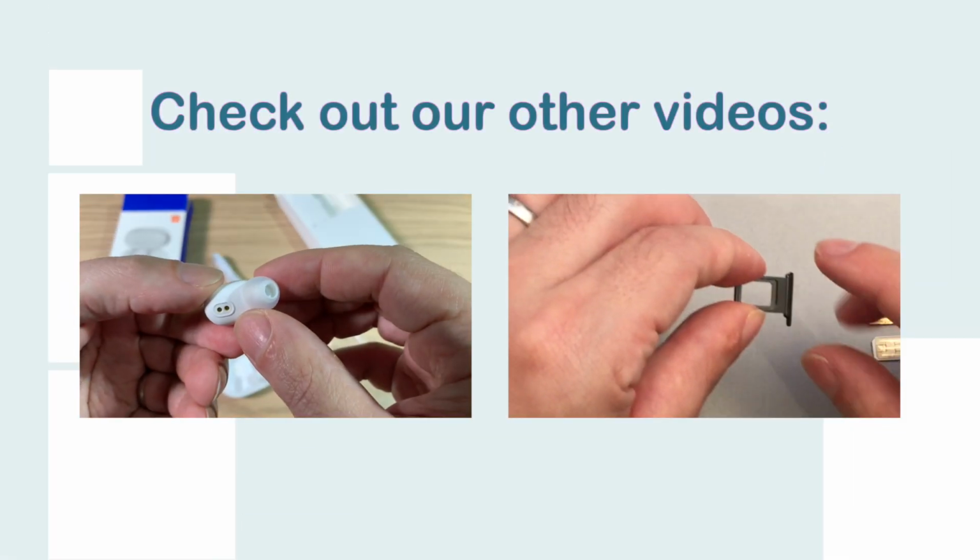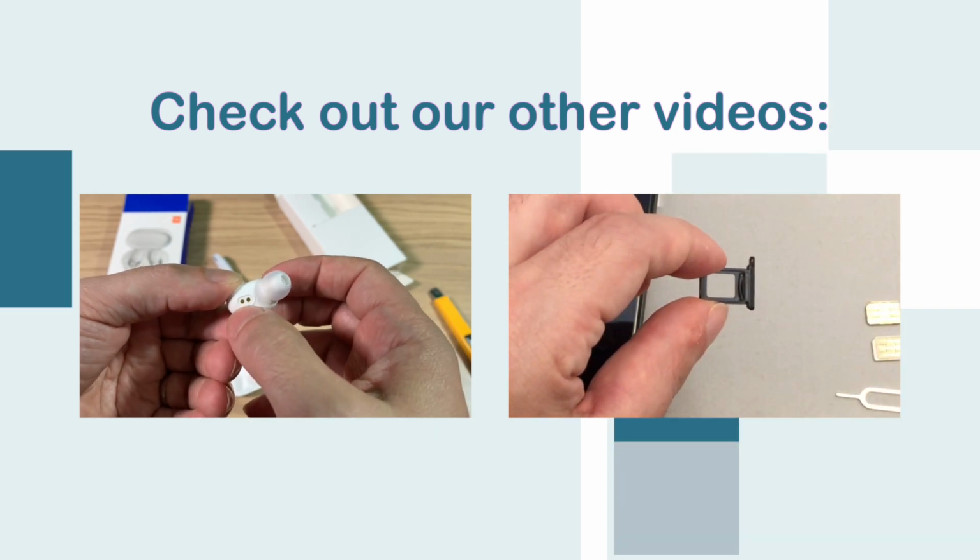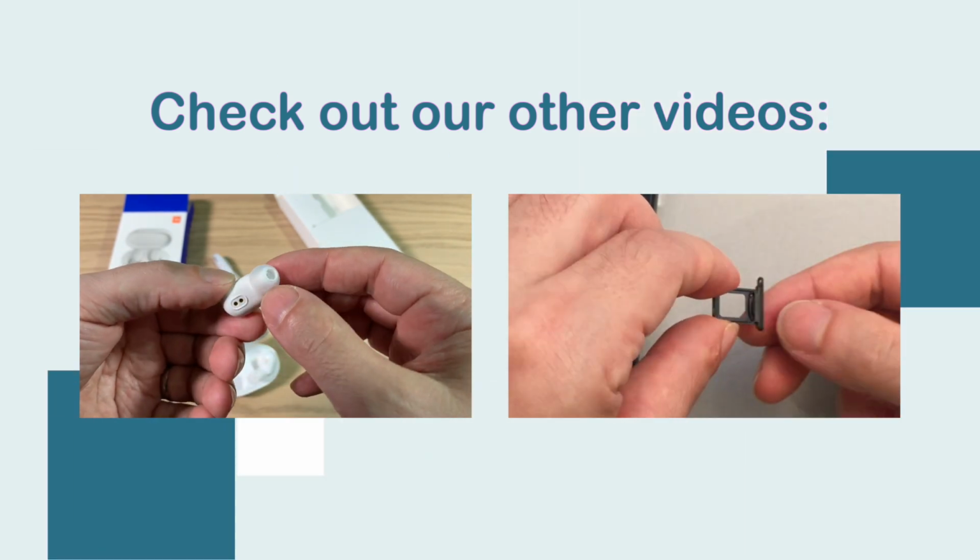SIM card is here on the bottom right, and there's also a very small notch here on the bottom right as well. You guys can see that. There's also